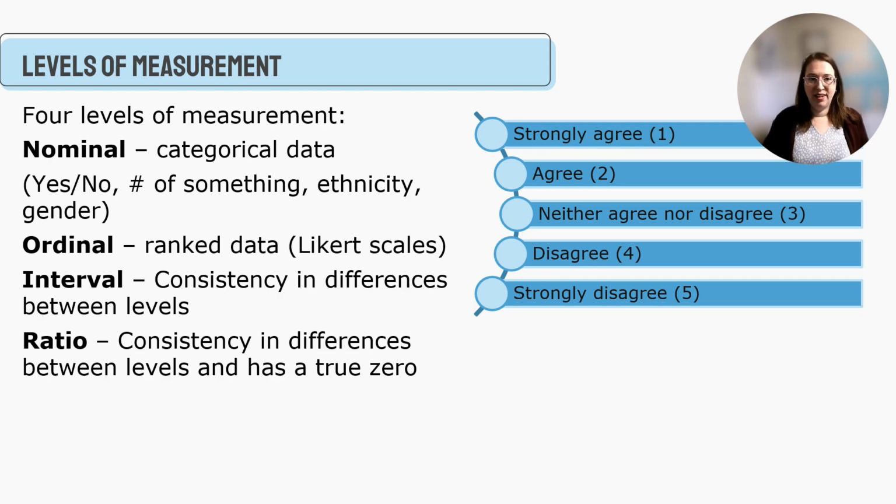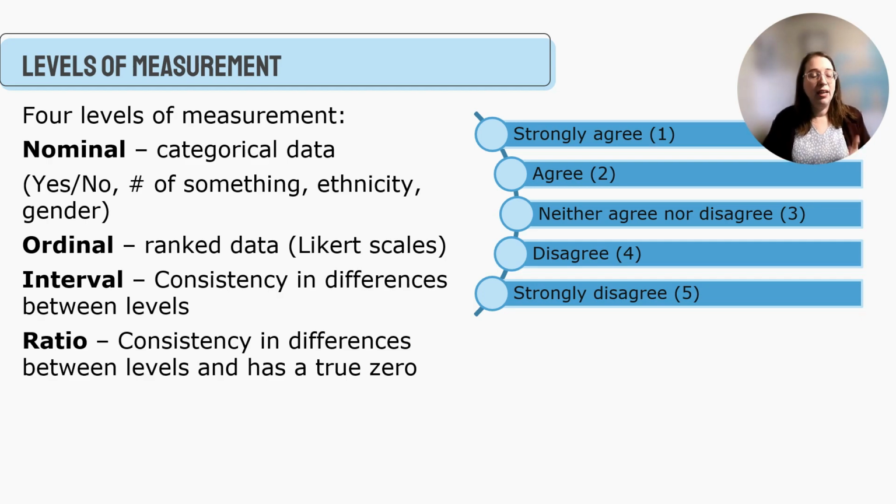Now, the challenge with this is there's not a clear, consistent difference between each level. You could have someone that says, I don't strongly agree. I agree, but I'm pretty close. Like, I'm not comfortable picking strongly agree, but I agree pretty closely with that. And they pick 2. Or you could have someone say, hey, I don't strongly agree at all. I'm going to select agree because I don't disagree with it, but there's a big gap in their head between strongly agree and agree. So when you're ranking things, there's not a clear defined distance between each ranked item. You're just saying strongly agree is higher than strongly disagree. So that's ordinal, where it's ranked data.